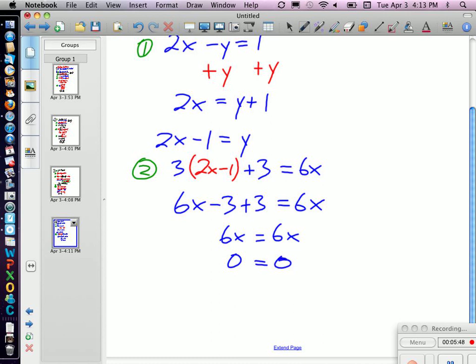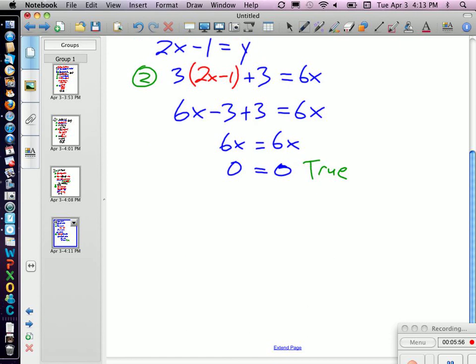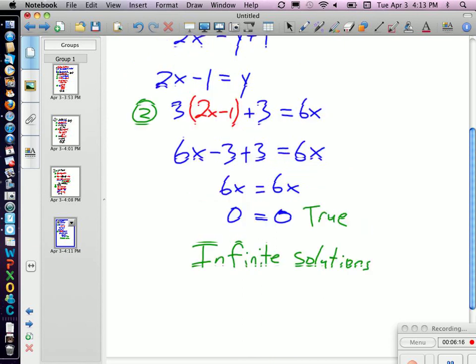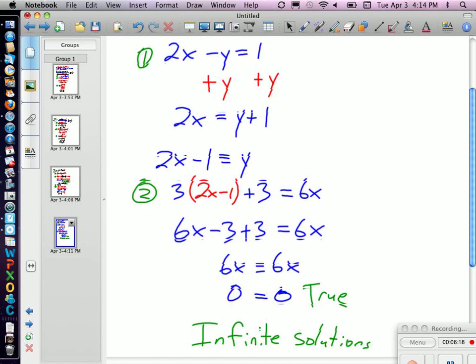However, this time it's a little different because it's left us with a true statement. That is true. That means there's infinite solutions. Graphically, from yesterday, we know that that must mean that we are talking about the exact same line, meaning it has the same slope and the same y-intercept. So let's see if we could prove that just by looking at the equations. So going back up to the top,